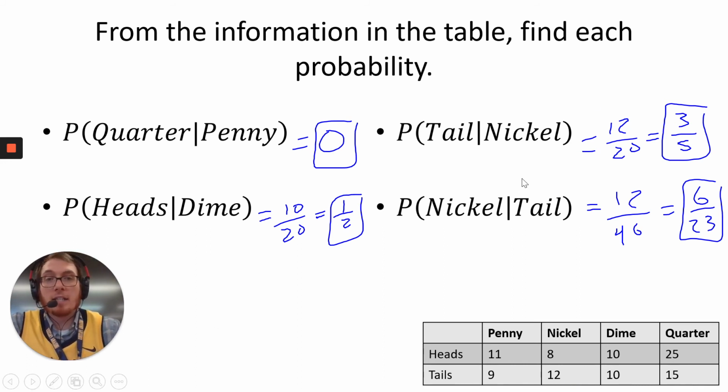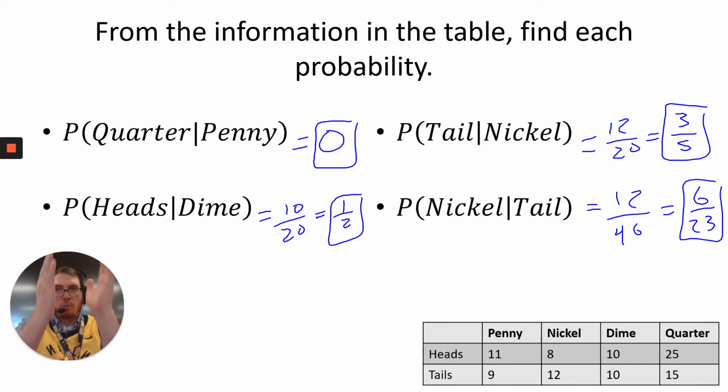And then given that it's a tail, if you're trying to look for a nickel, that just flip-flops the order. If you're given tail, that's only the 46 tails. That's the second row, and when you're looking at the second row, that's how many versions of tails were tossed. Then the 12 out of the 46 would be nickels given that it's tails. So it's always the given piece, the second piece,